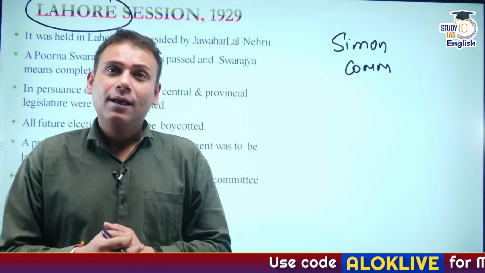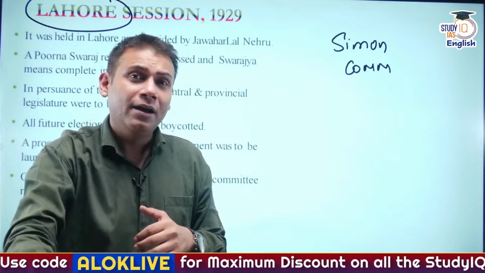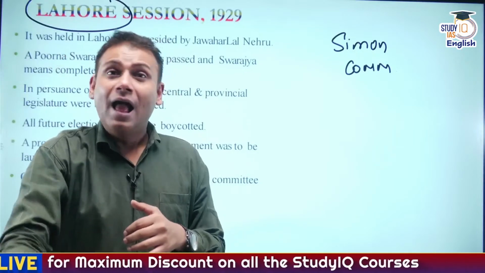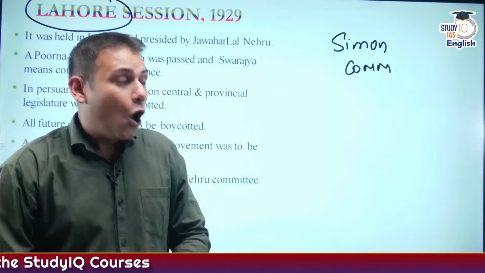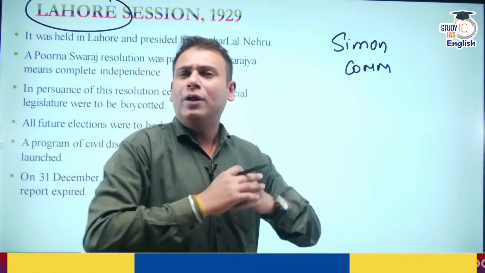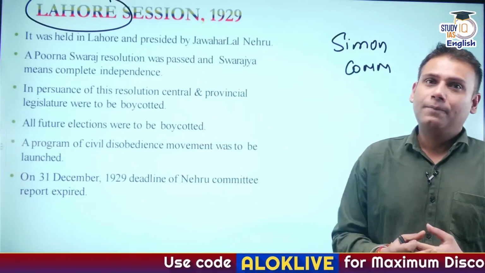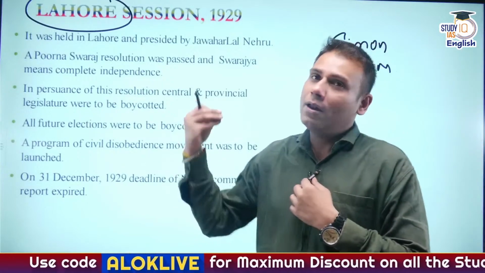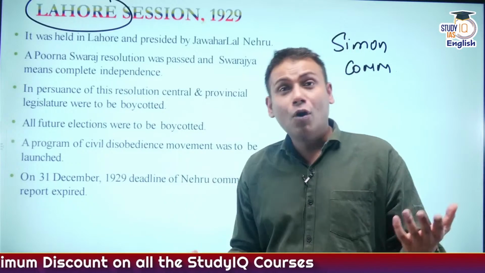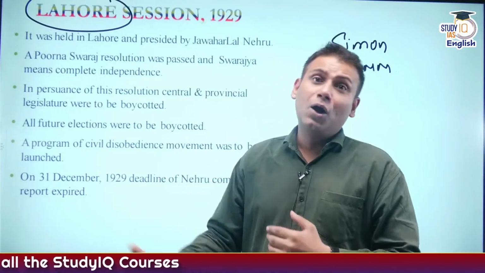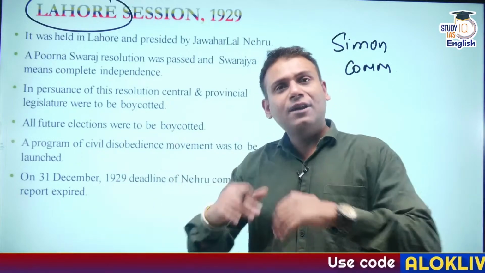Particularly, the major reason for the criticism was that the Simon Commission had come to India for constitutional reconstruction, and there was not a single Indian member in the commission. All the 7 members of the Simon Commission, including Clement Attlee and many more, were Englishmen. Not a single Indian member in the commission. In fact, wherever the Simon Commission went, Calcutta, Bombay, Vijayawada, Pune, Lucknow, Lahore, it was greeted with black flags. After the Simon Commission,